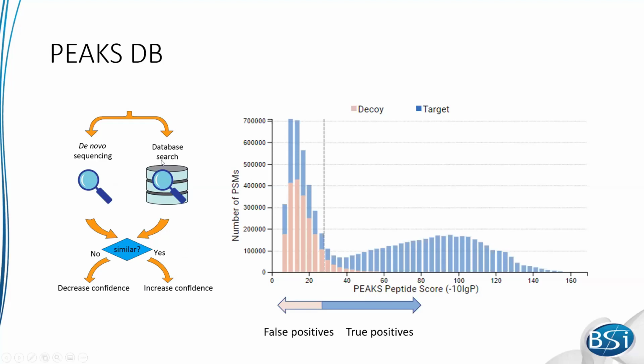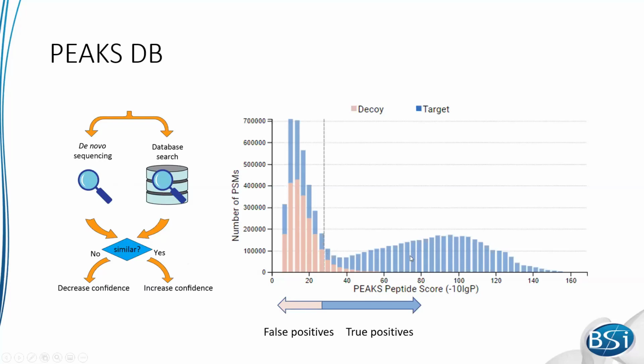So if the de novo is similar to the database search result, we'll increase the confidence in the de novo sequencing and in the database search result. If they're very dissimilar, that answer is much less likely to be true, so we'll decrease the confidence in that. And if you look at that in terms of a traditional